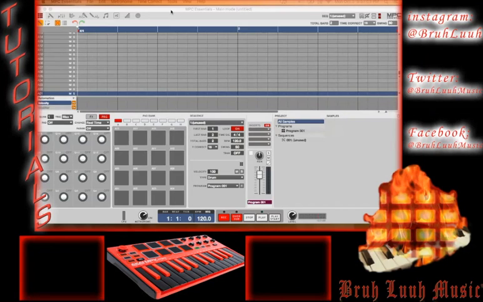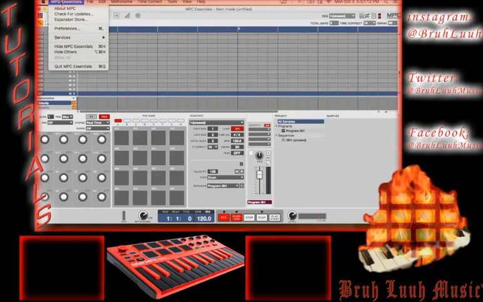Okay. At the top of the screen, click on your MPC Essentials link. If you have no idea what you're looking at, you might want to go back and look at a couple of my other videos to figure out these little circles, these squares, and these values, and this slider, and all this area, and this up here. I have other videos for that. All right, so I want you to go to Preferences,